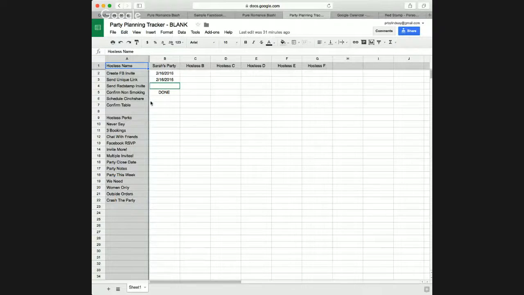This is what I do right here. It's called my party planning tracker. I use it in Google Docs. It's just an Excel sheet. It's nothing fantastic. It's very basic. So basically across the top is the hostess's name. So we've got Sarah's party. And then on the side are all the things I need to do to make sure her party is taken